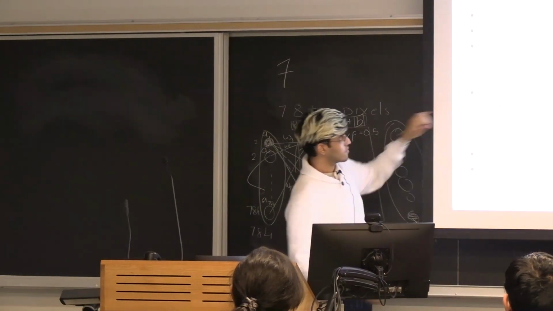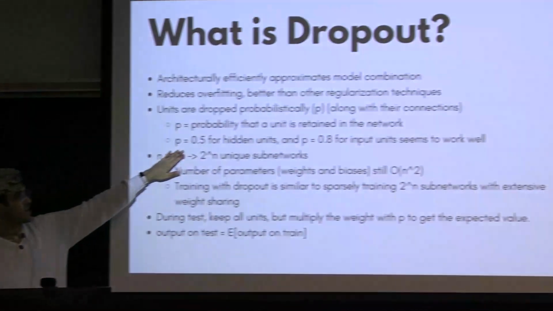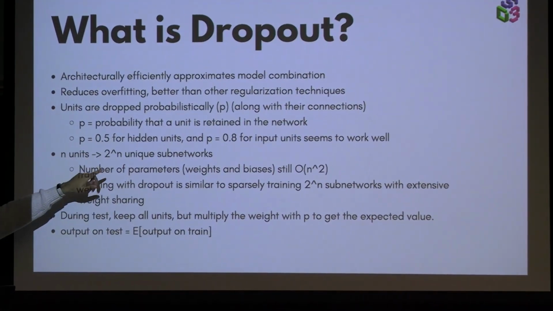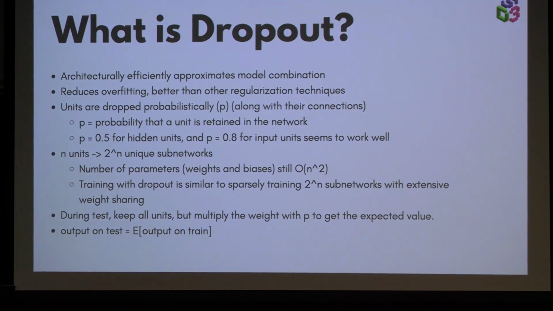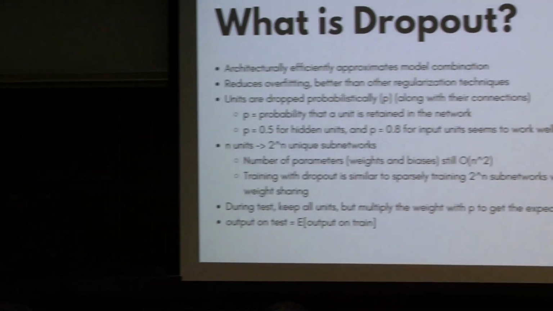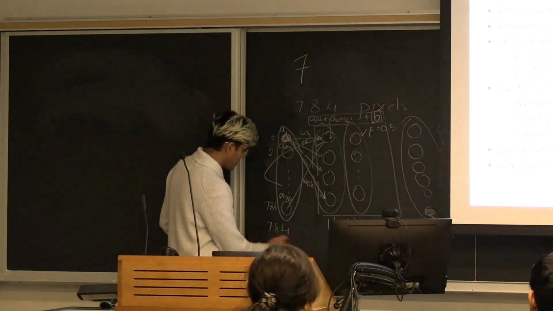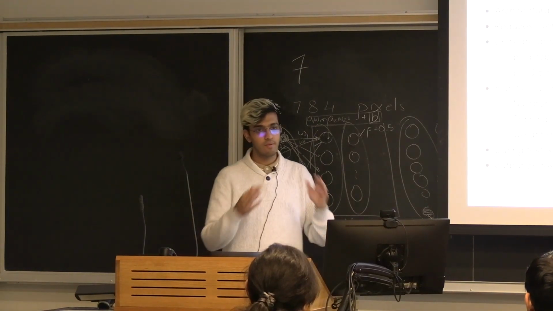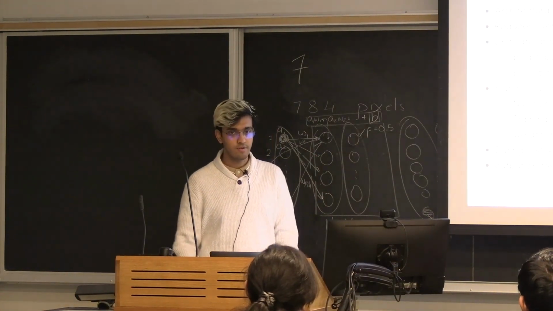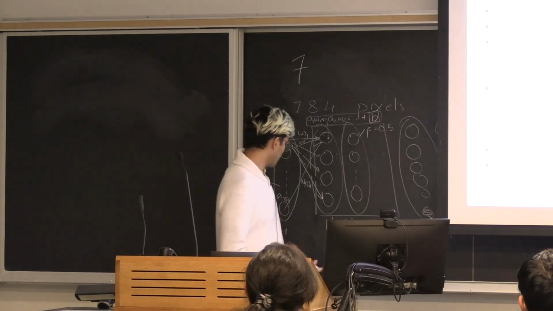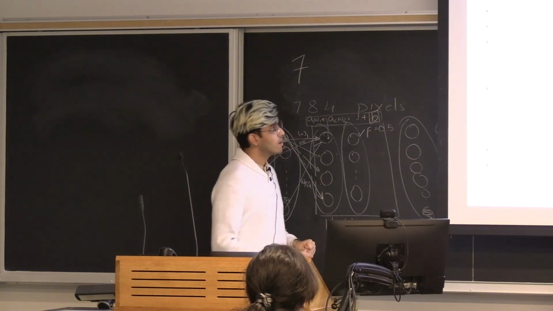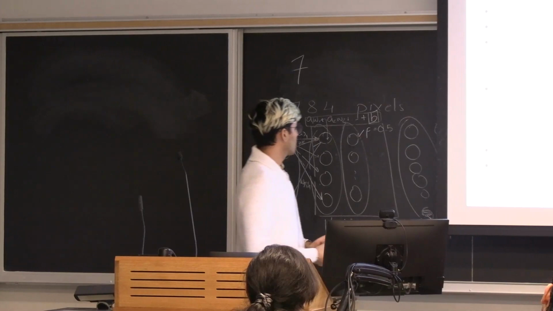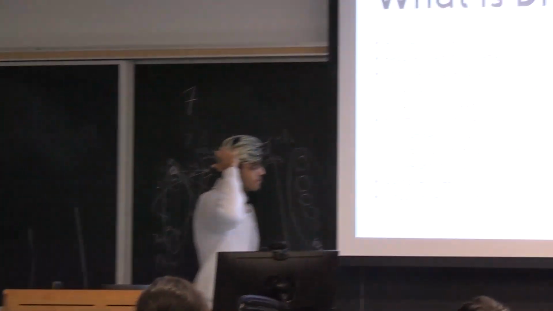They figured out that keeping hidden units at a 50-50 retainment and keeping the input retainment at 0.8 seems to work well. Of course, you want a high retainment on your input, because if your retainment on the input is something like 0.5, it essentially means you're only looking at half the image on average for every iteration, right? So we don't want that. Okay? Great.